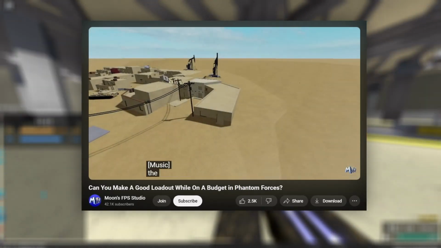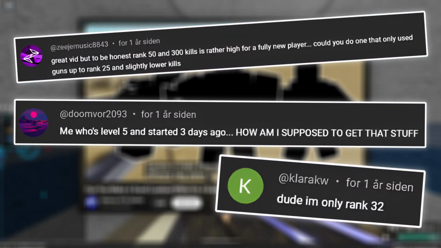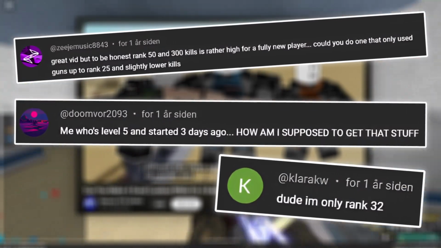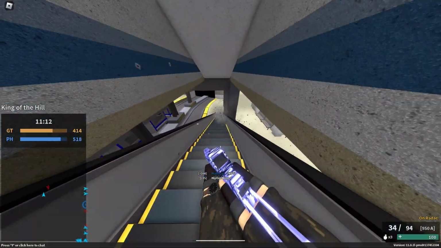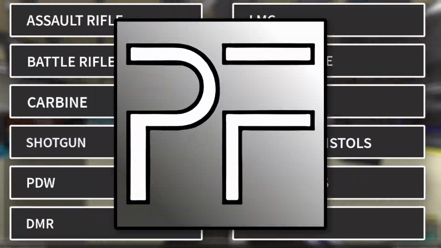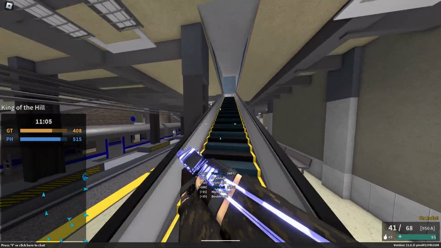In my previous video going over budget loadouts, I got quite a few comments stating how the loadouts shown were too high level or required too many kills for a beginner to reasonably achieve. So while it is a bit late, today I'm going to go over cheap setups for every starter gun in Phantom Forces. Timestamps for each gun are in the description or on the timeline below, but without further ado,